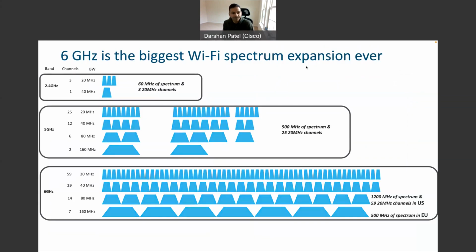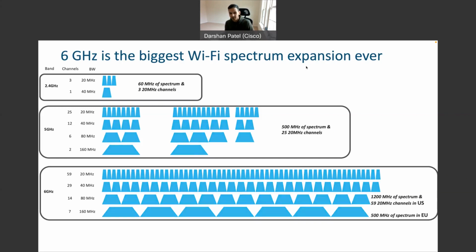So let's take a pause over here and analyze the number of non-overlapping channels that we have. With 2.4, only 3, as we know. With 5, 25 non-overlapping channels. And in most scenarios, certain enterprises, public sector, and universities have deployed 40 megahertz as per the environment needed. Other sectors can use it as well. But for high density, we are still going with 20 megahertz.